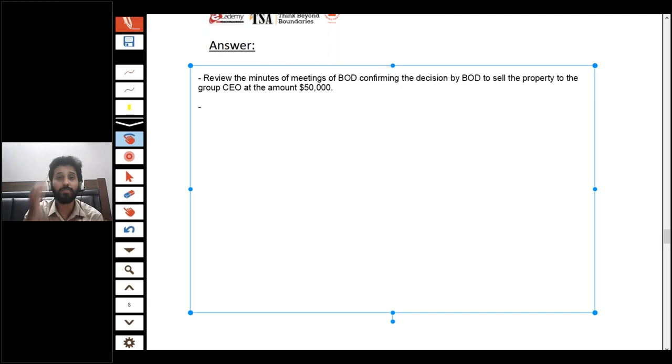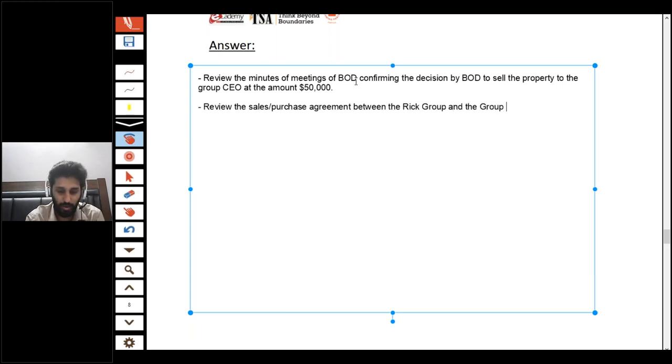You can also inspect the agreement or any legal documentation. You can also inspect the legal documentation confirming the amount and the transaction, the sale of the property. So you should also review the sales purchase agreement between the RIC group and the group CEO